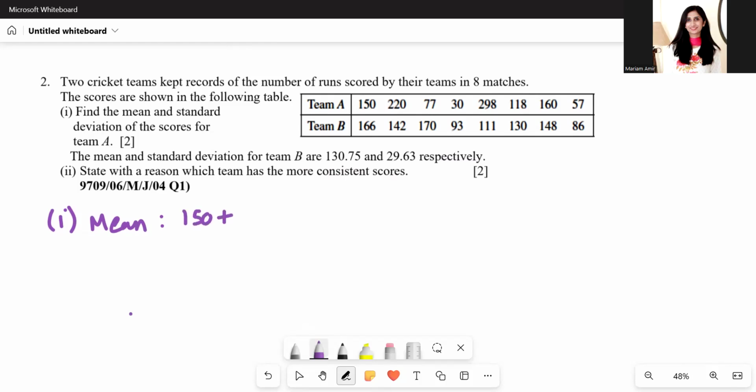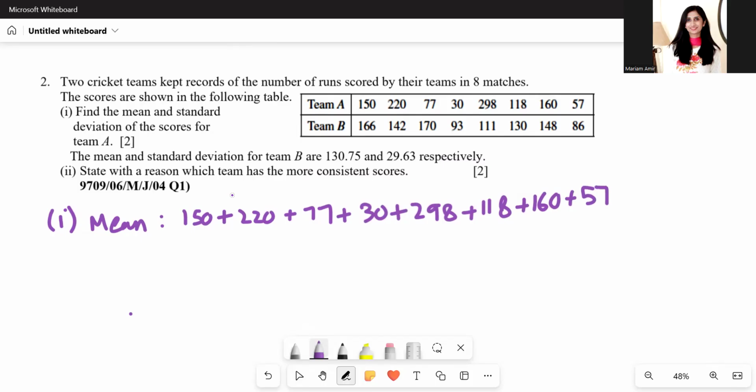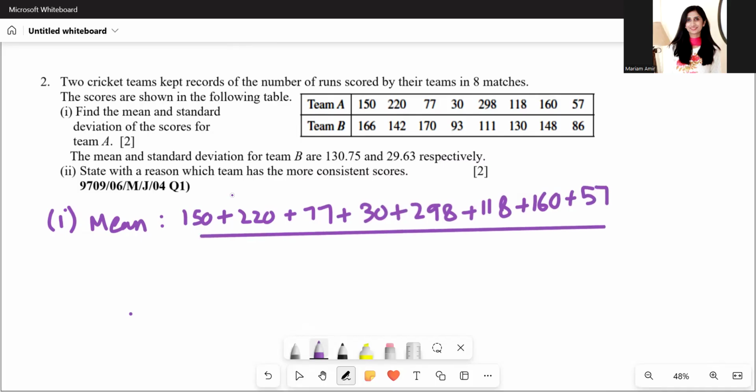So 150 plus 220 plus 77 plus 30 plus 298 plus 118 plus 160 plus 57, divided by 8. This would give us